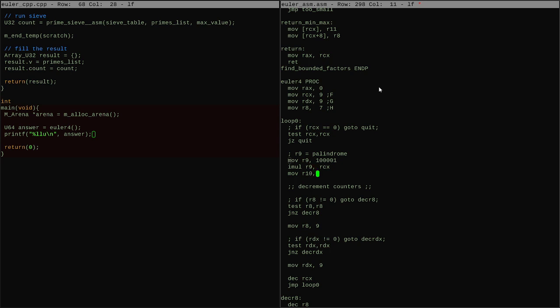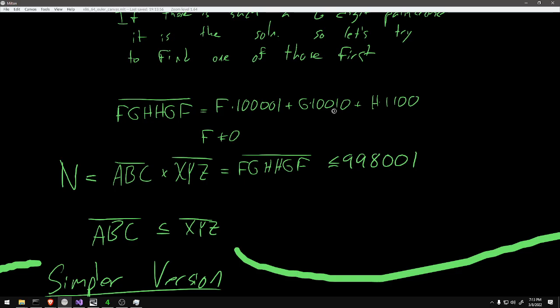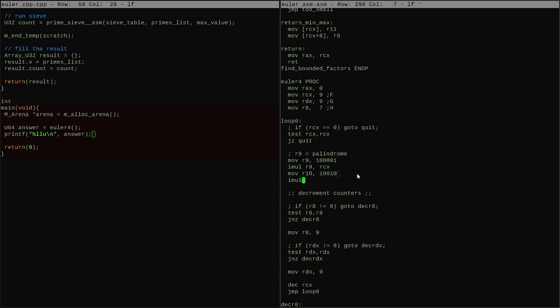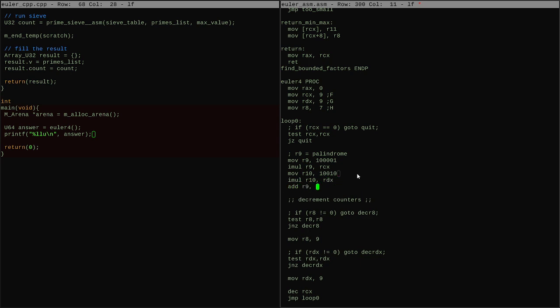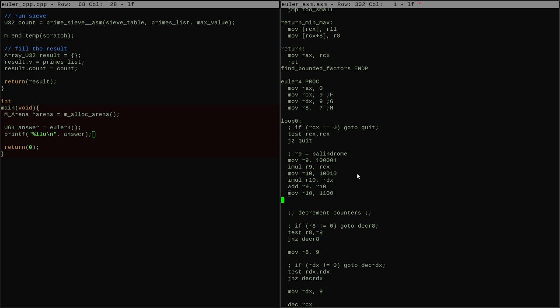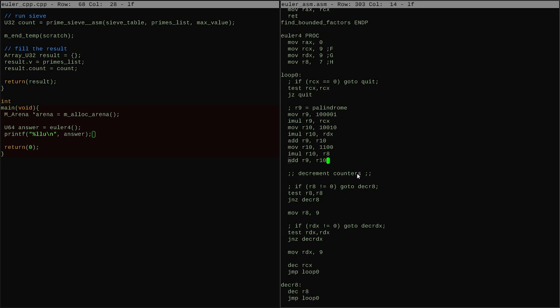Then using R10, I'll set 10010, so we have this written down over here, right? 10010, multiply that by G, add that into R9, then we can move into R10 1100, multiply that by R8, which is H, add that into R9. And now I have R9 as the palindrome,